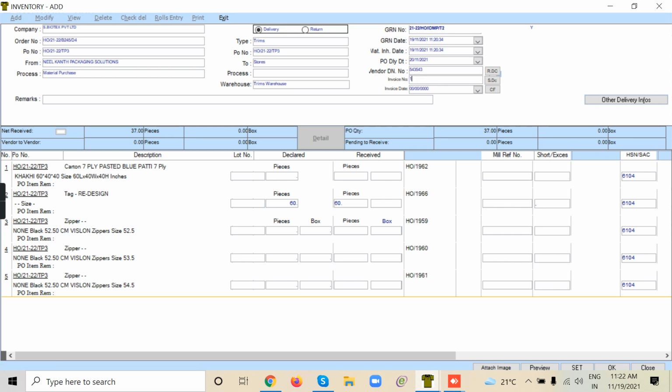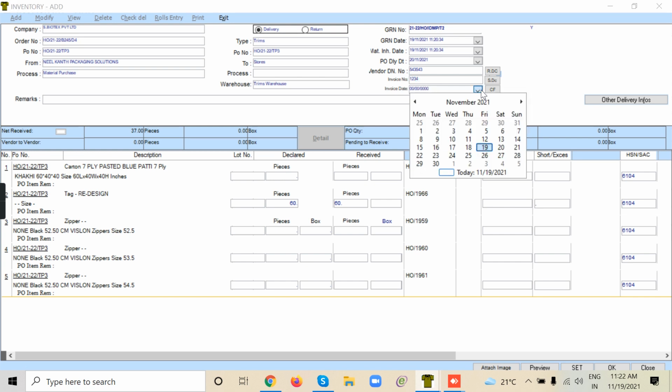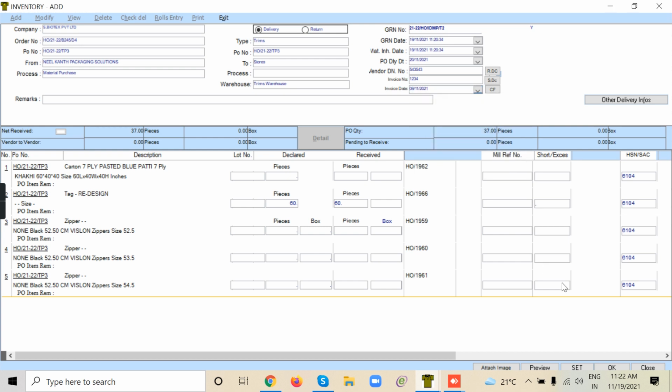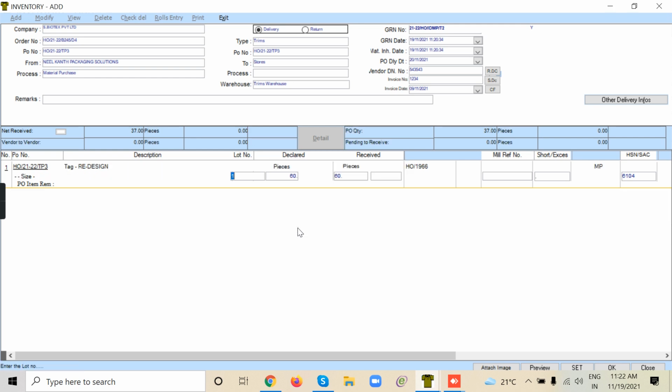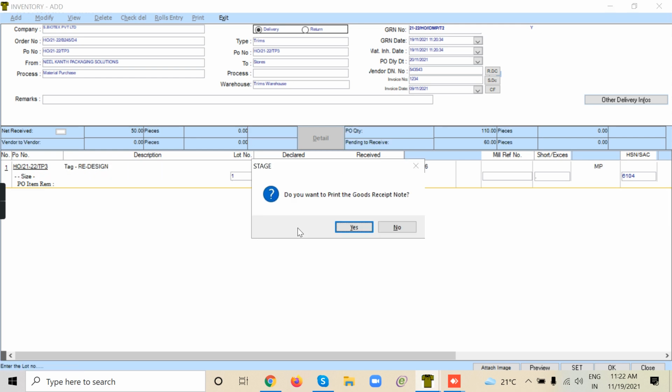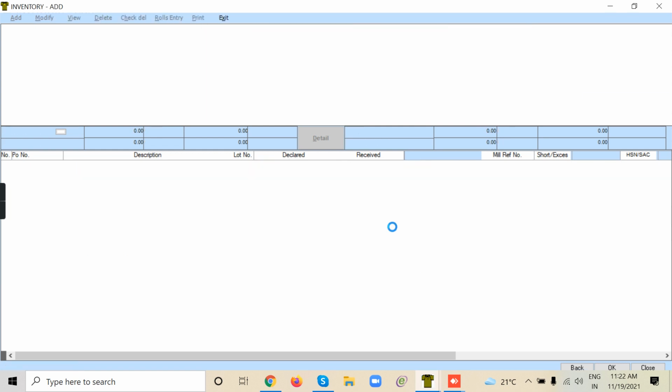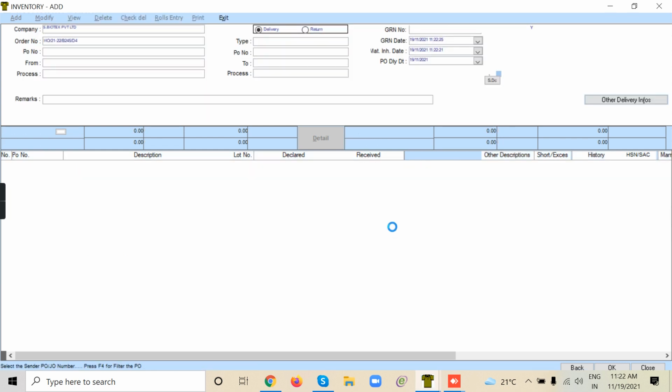Maybe it will be the same invoice, but I'm just entering the value. So this is the second GRN that I'm doing. So 2 GRNs. This goods has come into the system.